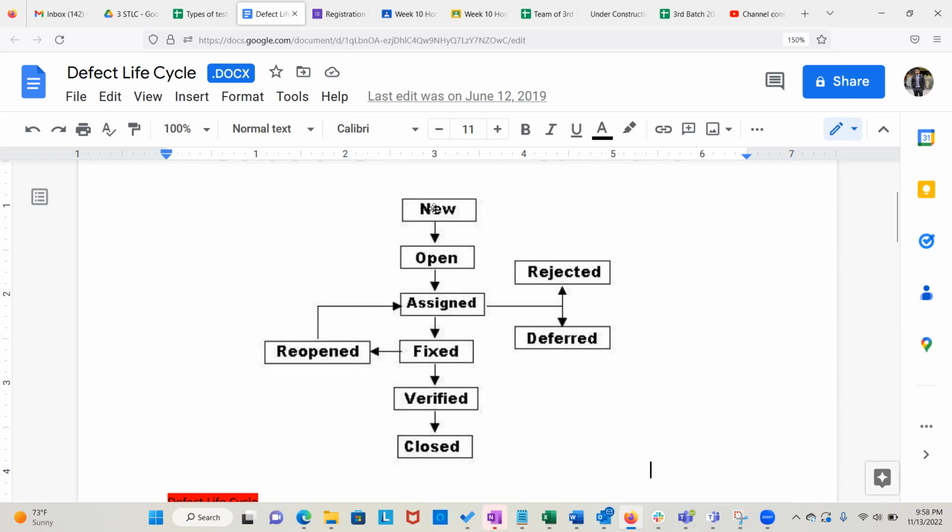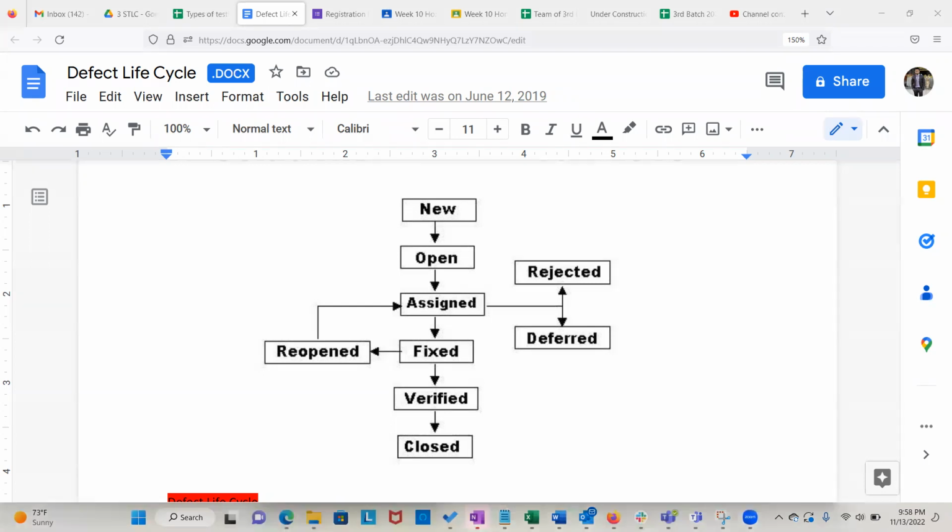Now let's say the developers here, they're saying, okay, I have fixed this issue and it's working fine. Now you come here and you test it. So developers here, they're going to say it's fixed, right? Now, this is where you're going to come in and start looking into it. And when you see the issue still exists, maybe not fixed, part of it is still fixed, or the issue is entirely still there.